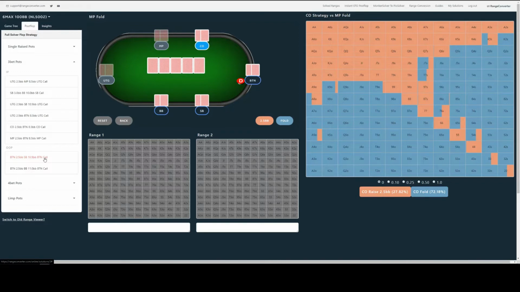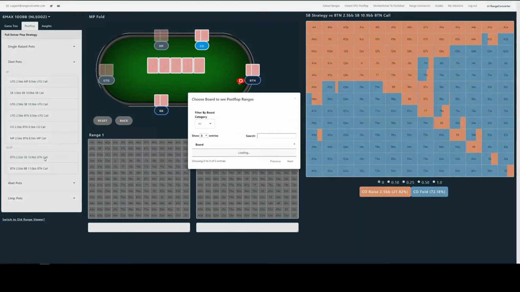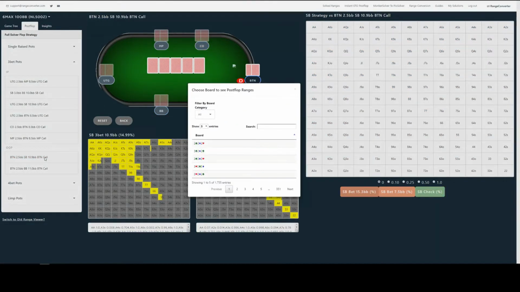So if we click that, we jump straight to that spot, and the ranges get populated in these windows here. So this is the small blind 3-bet range, about 15%, these cards here, and this will be the button call range, currently obscured.